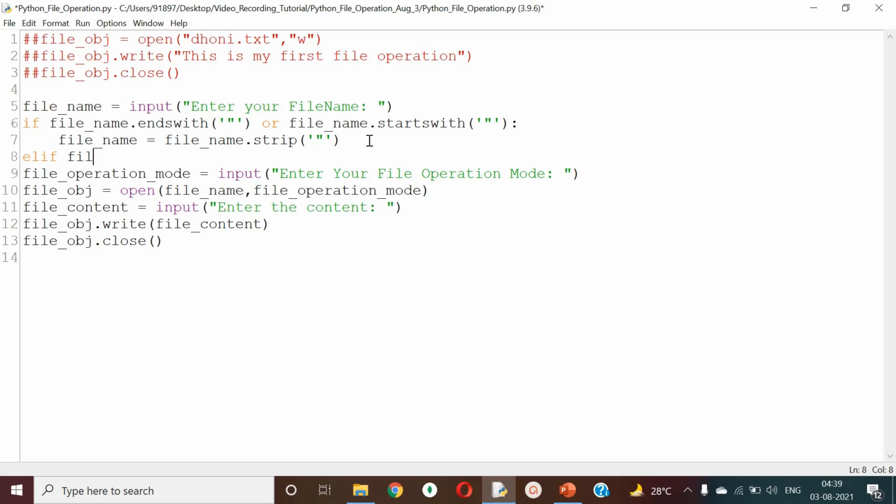If the file is ending with .txt, you can keep the file name as it is. If the file name is not ending with .txt, then what you have to do is make sure that you strip that. You strip that.